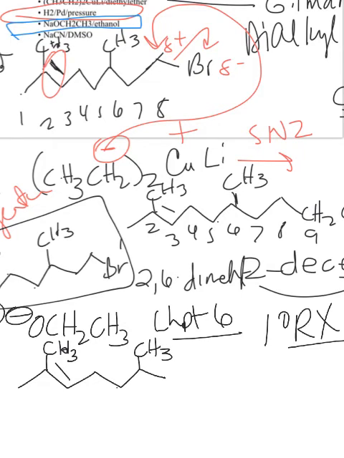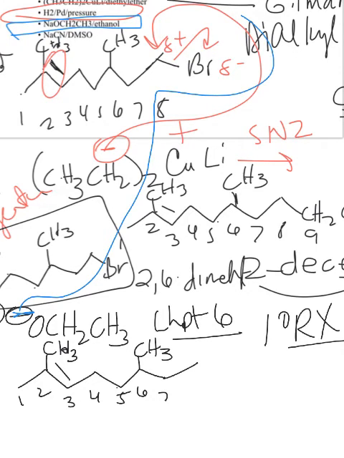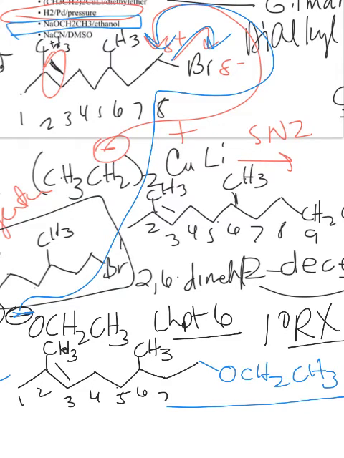So 1, 2, 3, 4, 5, 6, 7, carbon number 8, and basically this nucleophile is going to come in, backside attack, SN2, and displace the bromine to make OCH2CH3, and this is an ether. So you need to look at those functional groups and see that that's an ether. And the last one is